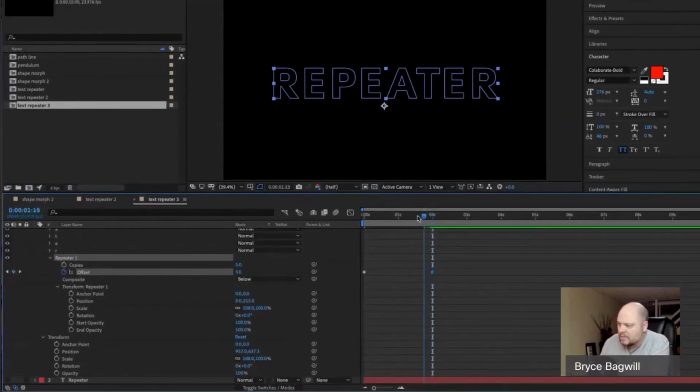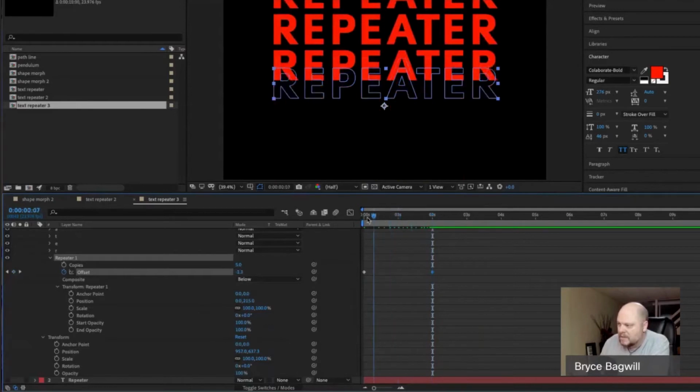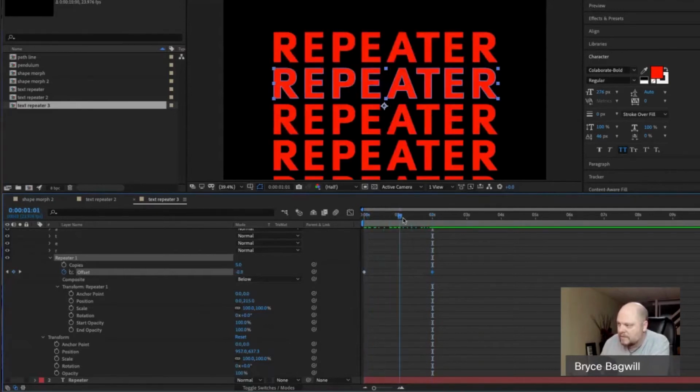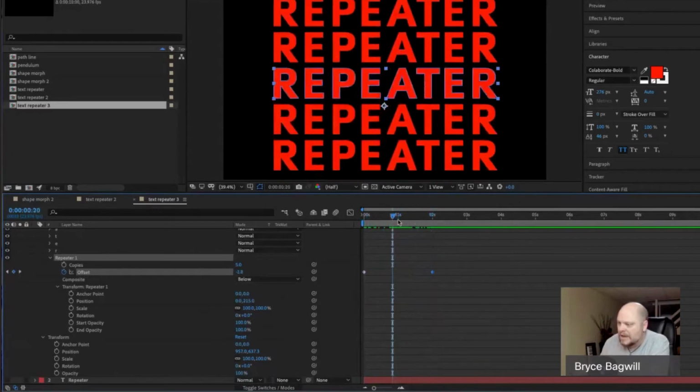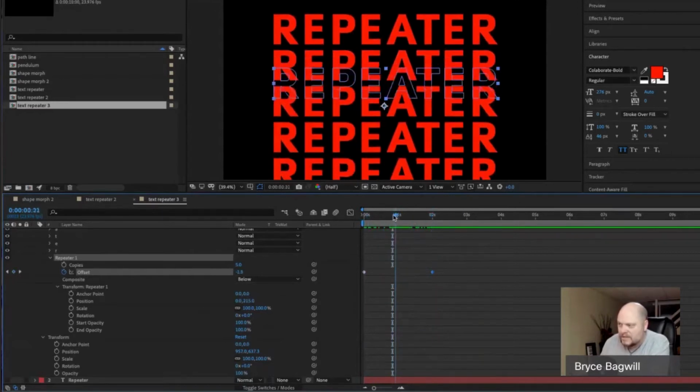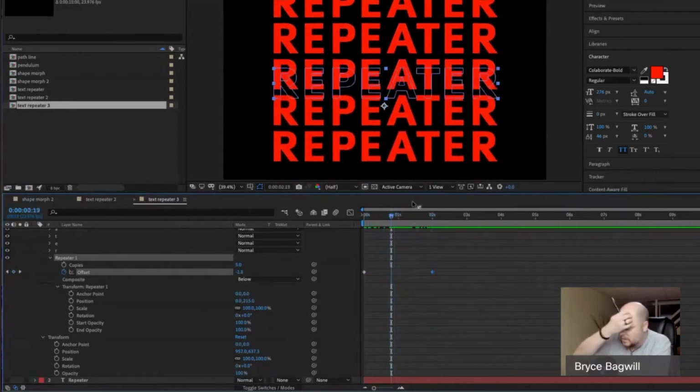And as I scroll back, I will see all my little repeated words rain down from above and eventually leave the frame. All right, so we're using offset to move things. It's very different than what we've been doing, where we're like, oh, it's X and Y and Z and all that. Nope, we're using offset, different control. However,